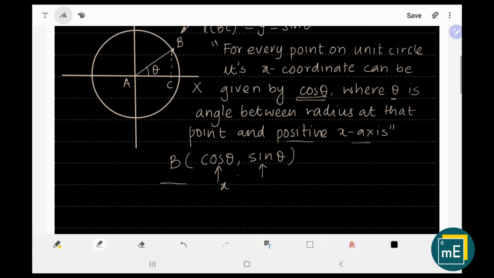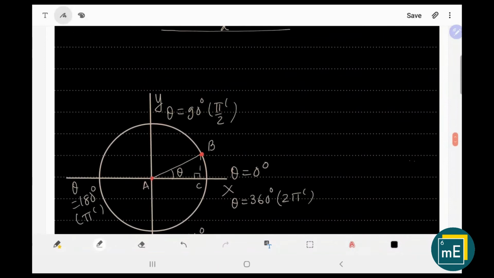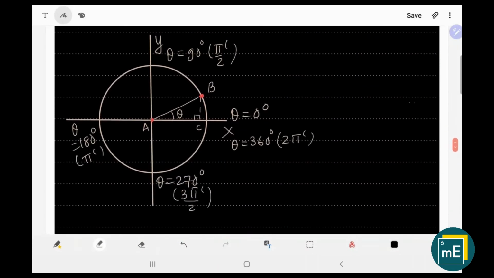This result is of great significance in mathematics. Now, one more observation can be made very easily from the previous explanation. Imagine if I move point B such that the new value of theta can be written as theta plus 2 pi, or theta plus n times 2 pi, where n is a positive integer.